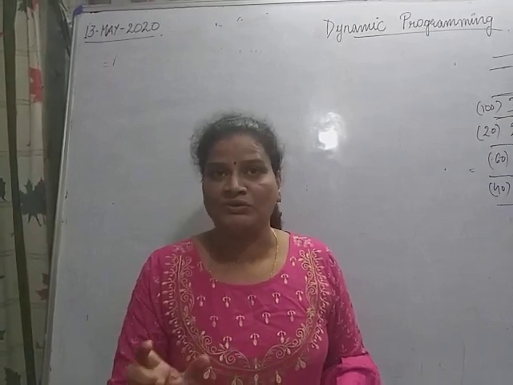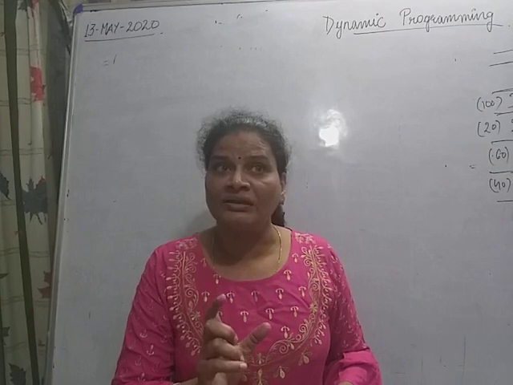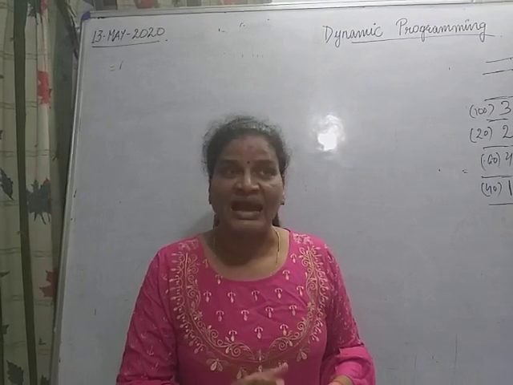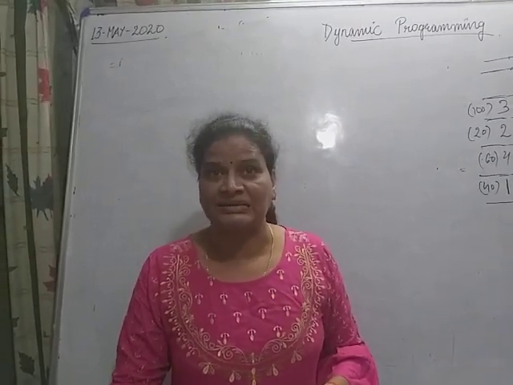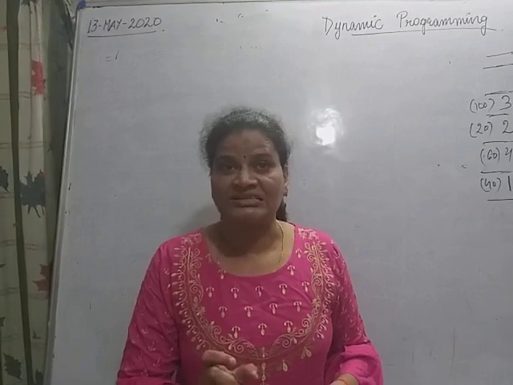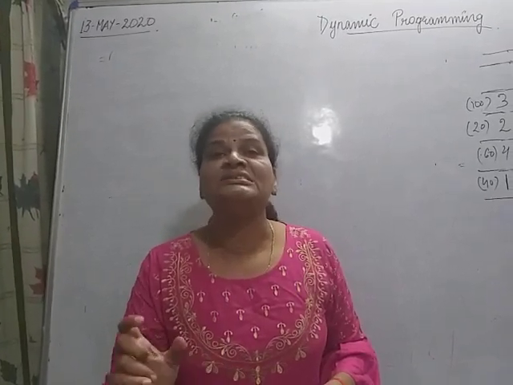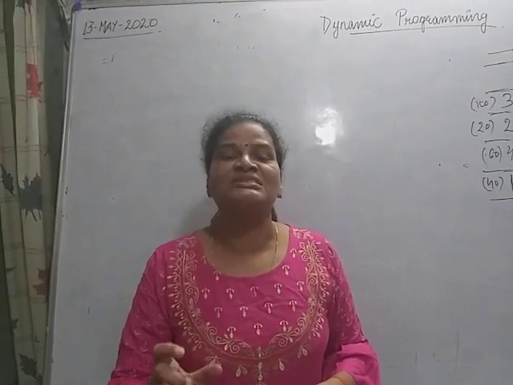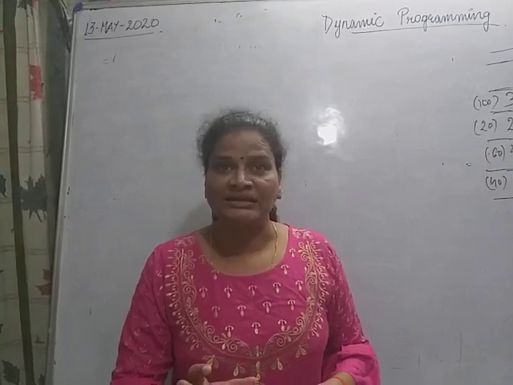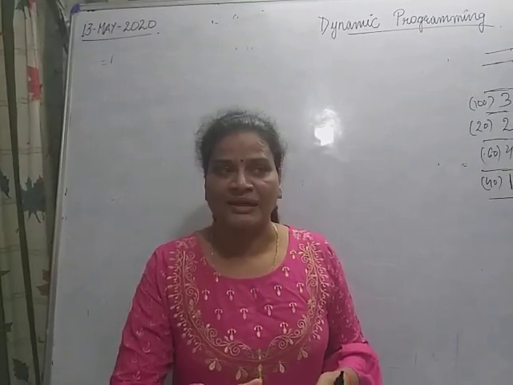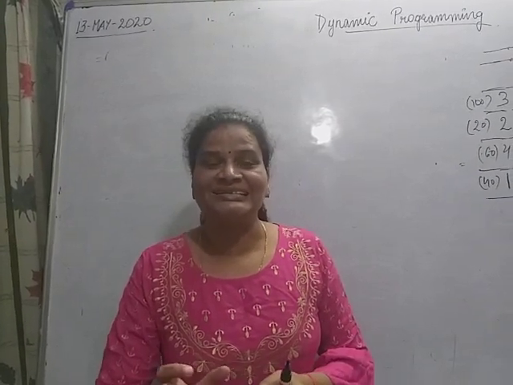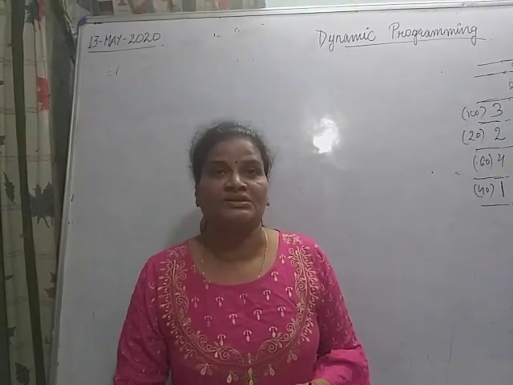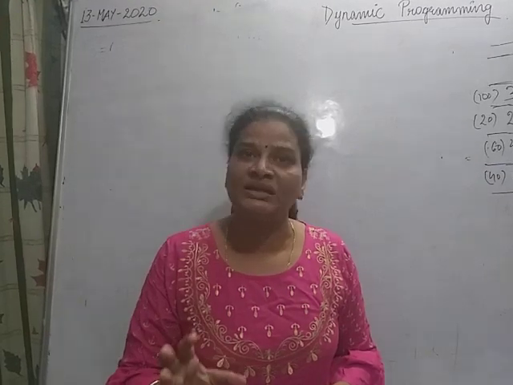So one more difference between the greedy technique and dynamic programming: when we solve any problem using the greedy technique, only one decision sequence is ever generated. But in dynamic programming many decision sequences may be generated, but the sequences containing suboptimal subsequences cannot be optimal, so these are not generated. If at any particular time I get a sequence which contains suboptimal subsequences, it will not give the optimal solution, so those sequences will not be generated.